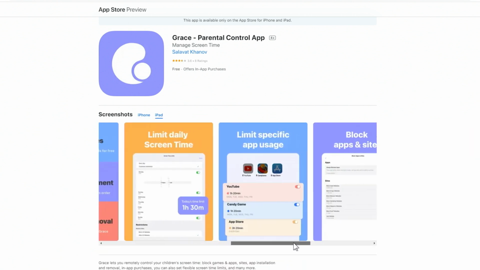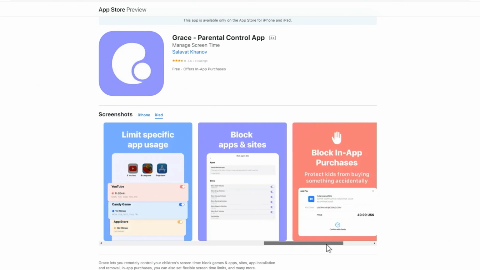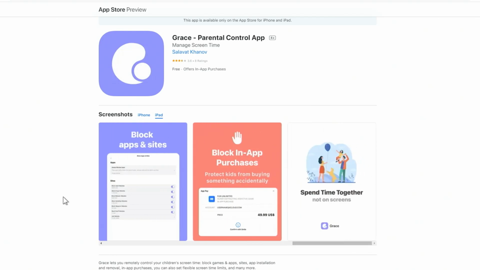Apple made it possible for third-party developers to leverage that technology. What's odd is that not many developers have. In fact, TechCrunch says that Grace is the first app to actually make use of the screen time APIs,